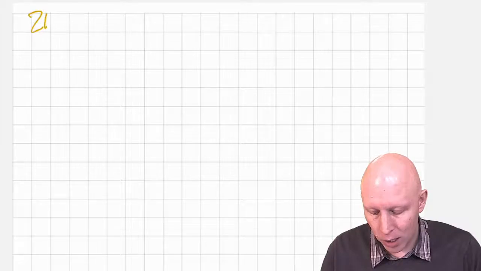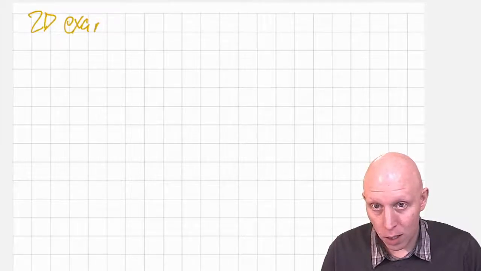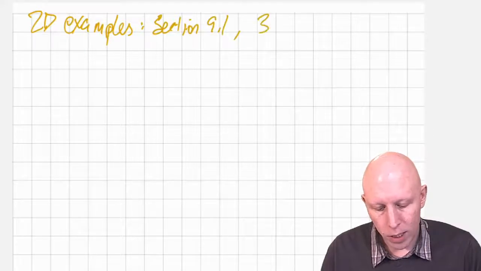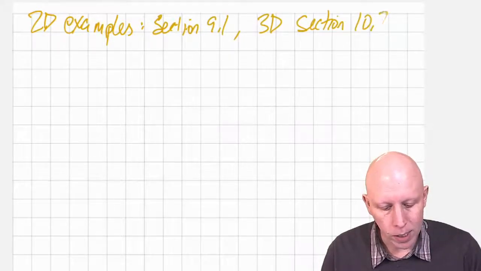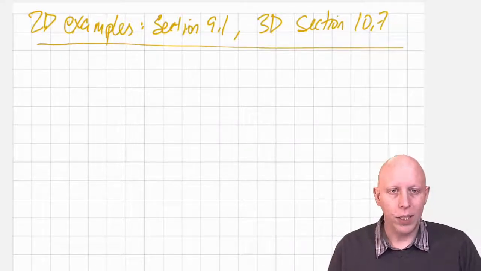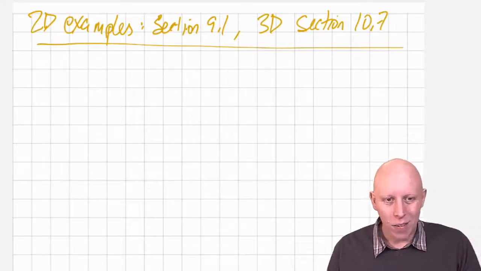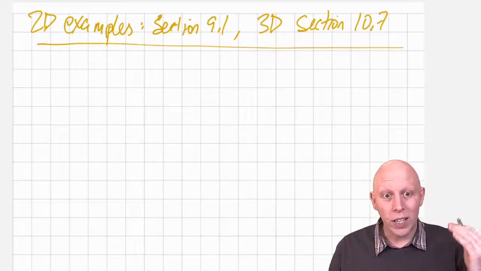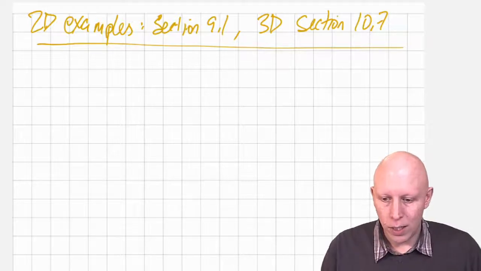are 2D examples are located in section 9.1. 3D examples are in section 10.7. I've consolidated those two ideas because it's the same idea. They're both vector functions. All right, so